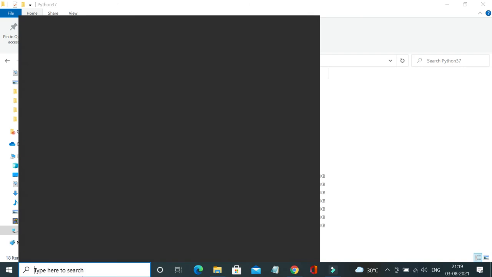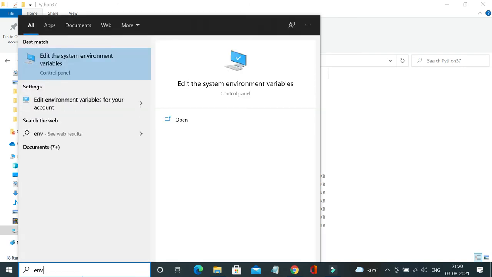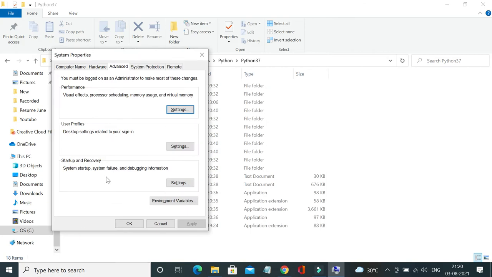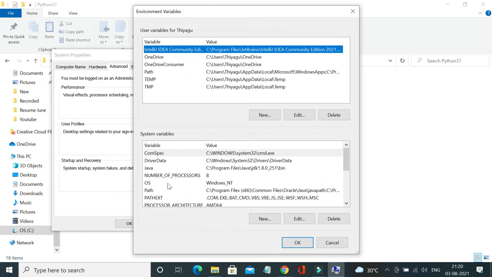I'm going to look for environment variables. I can find this under control panel. So now I directly searched and opened the system properties. Now I can click on the environment variables option here, and then if you keenly note, there's an option